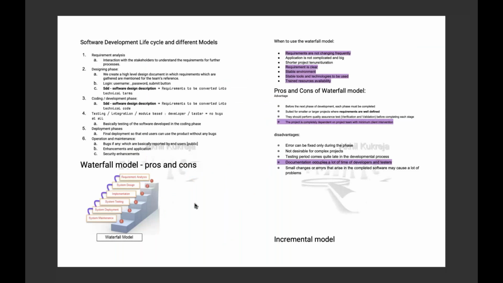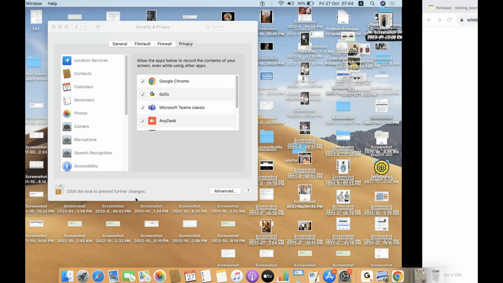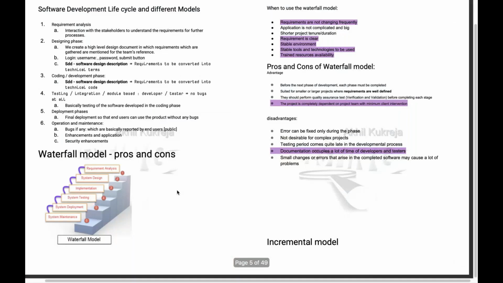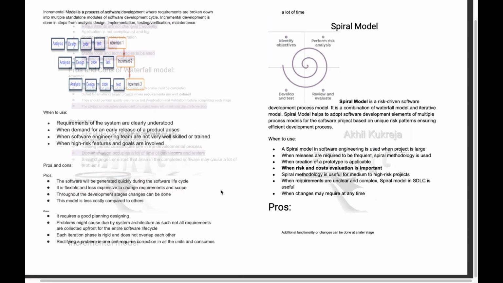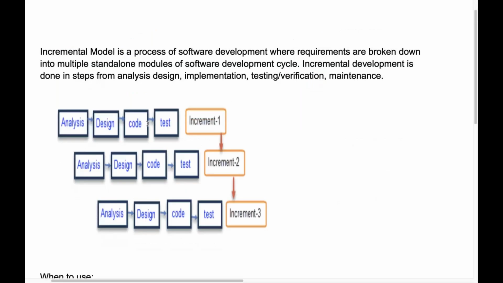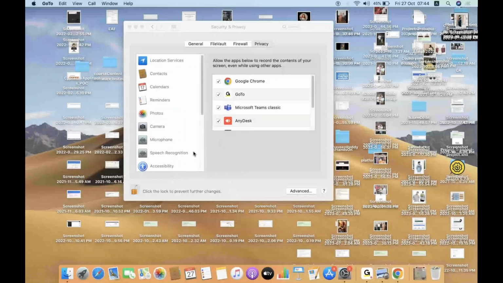Moving on, after waterfall came into existence was the incremental model. The incremental model is a software process model where the requirements are broken down into standalone modules. Now, when we say the requirements are broken down into standalone modules, what does that mean? That basically means